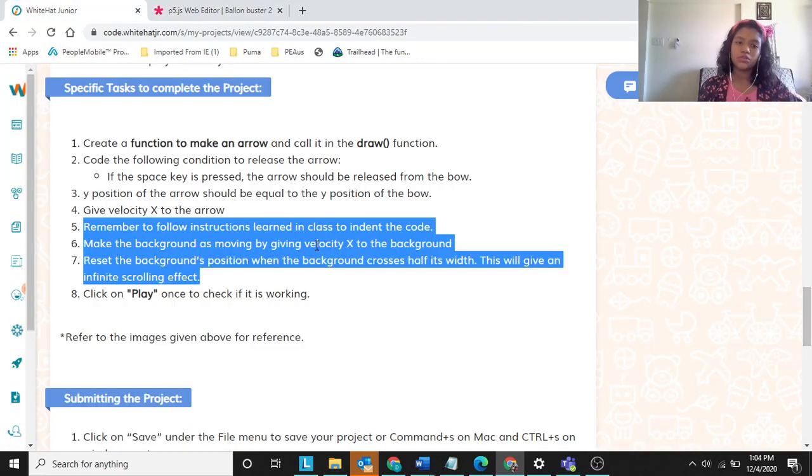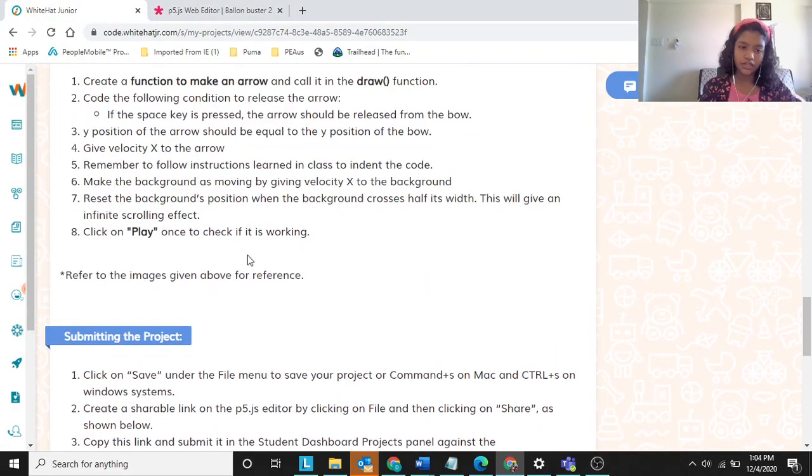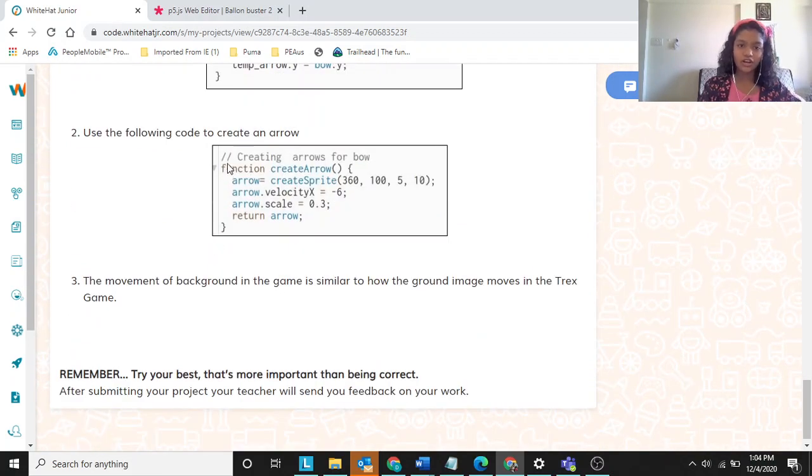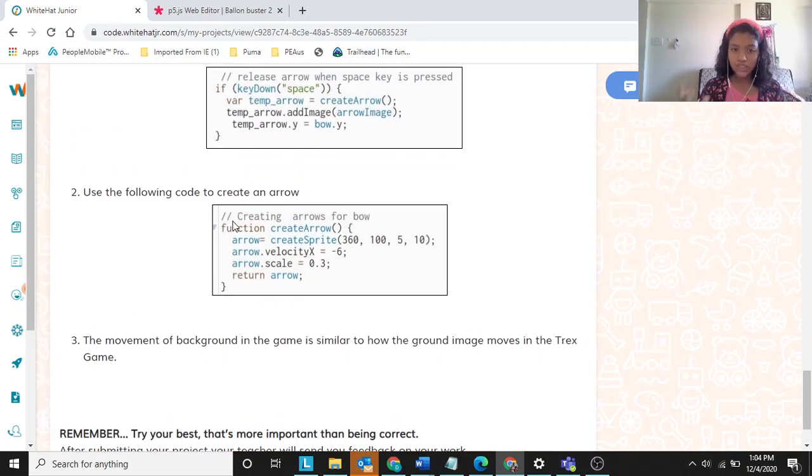Now, if you are lazy like me, you can always go into the hint section, but at least we have to try first. First we have to try it, then we have to do everything. So if you don't get it, you can go to the hint section and everything is given right here. You can see function createArrow equals createSprite, velocityX and then bow y are already given.